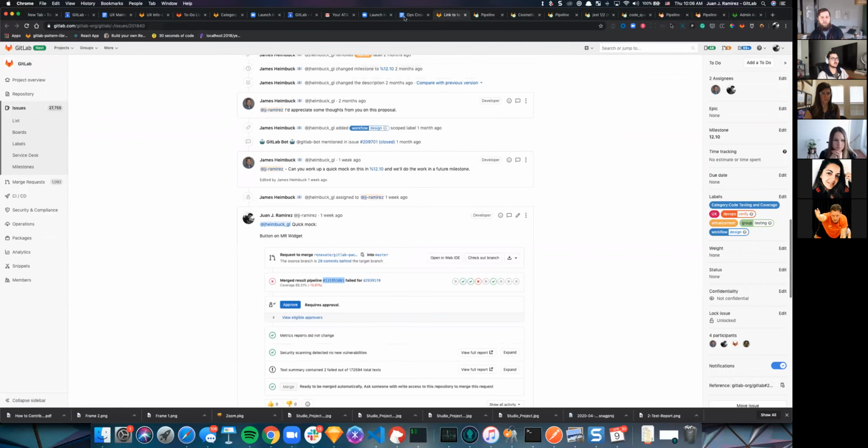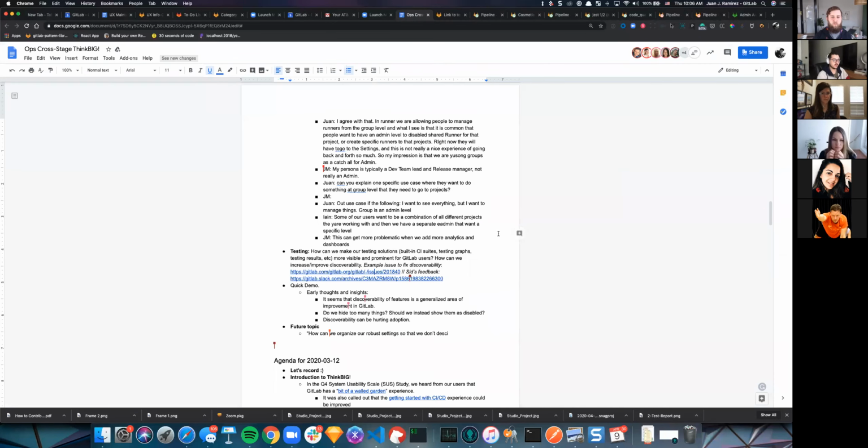So yeah, I wanted to open this up and see if this is an issue for other people, and how we can improve discoverability. My early thoughts are that discoverability of features is a generalized problem in GitLab. I sometimes hear from other people that people can't find feature flags, or people can't find Auto DevOps, that type of stuff.